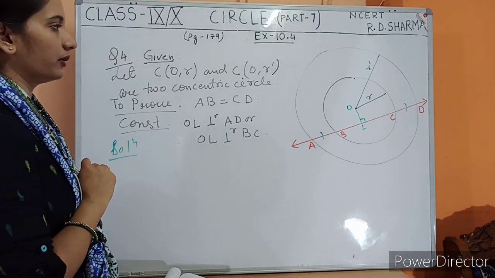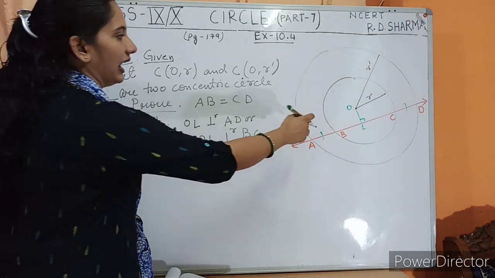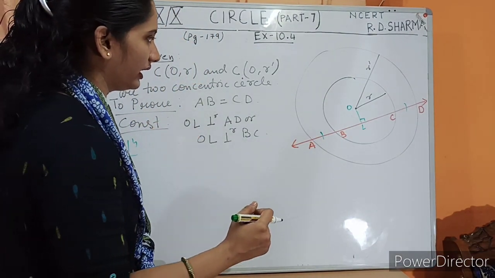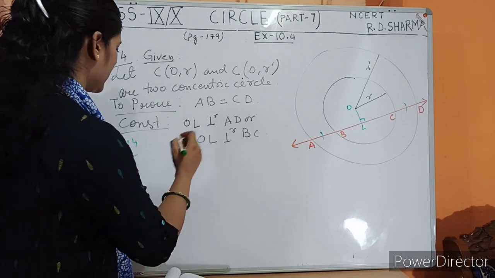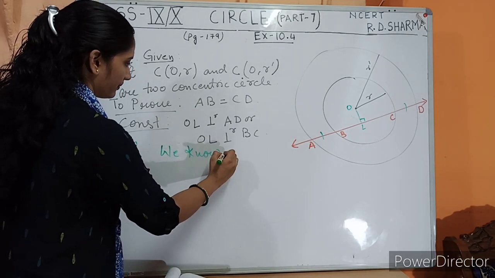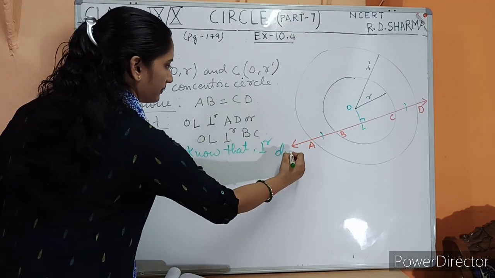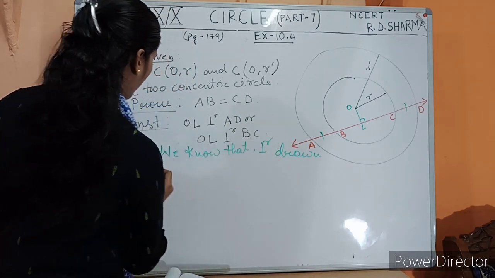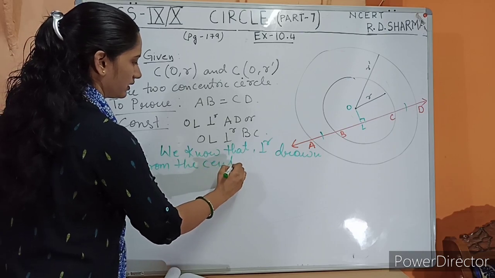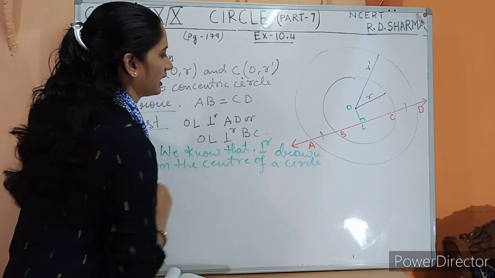We know one theorem that if a line is perpendicular on the chord, it must be bisecting the chord. This theorem we are aware about. We know that the perpendicular drawn from the center of a circle